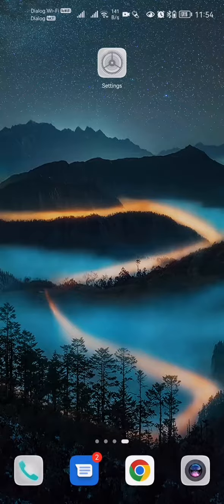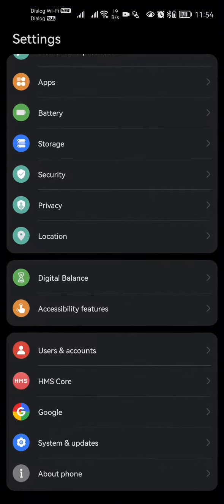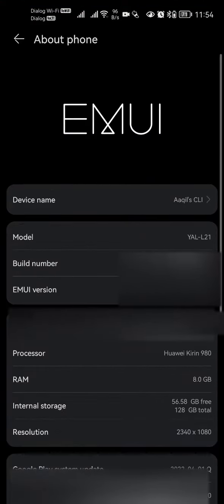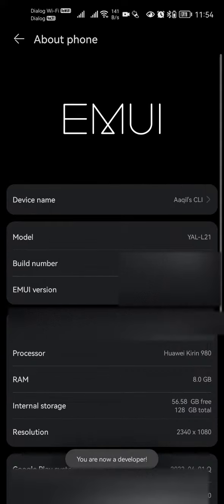So let's go to settings first, and then about phone, and then on build number tap 4 to 5 times continuously. Then it will prompt for your PIN number. So once you give your PIN number, then you can see now there's a message saying you are now a